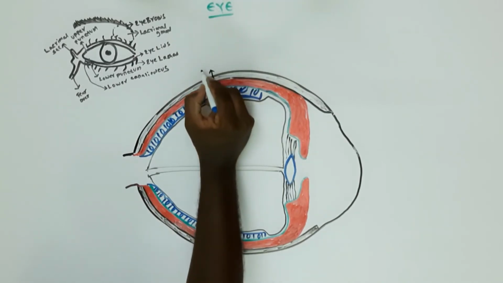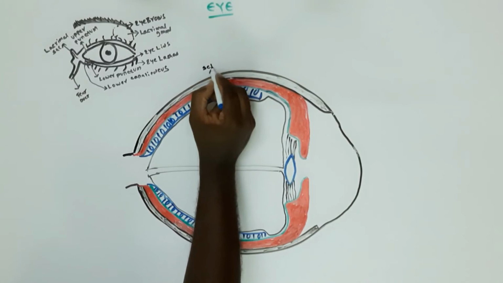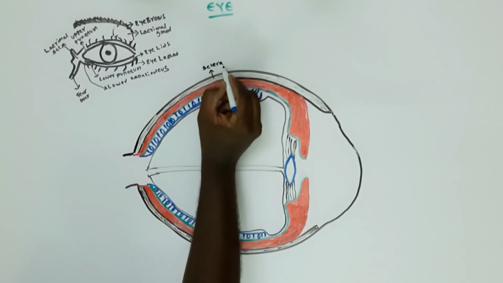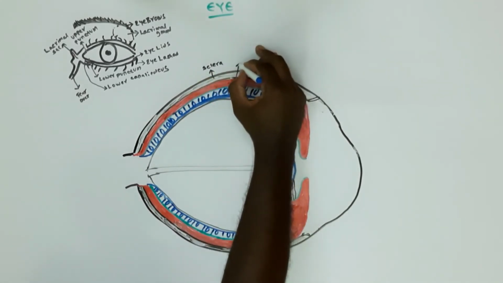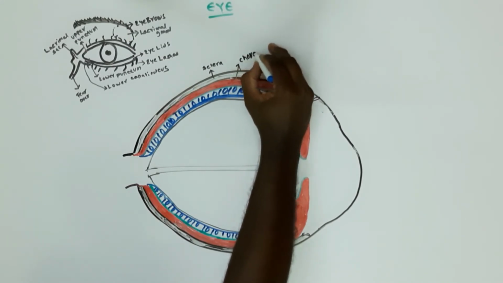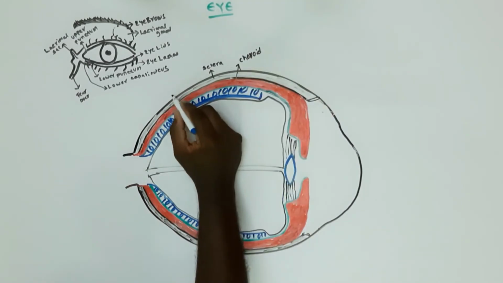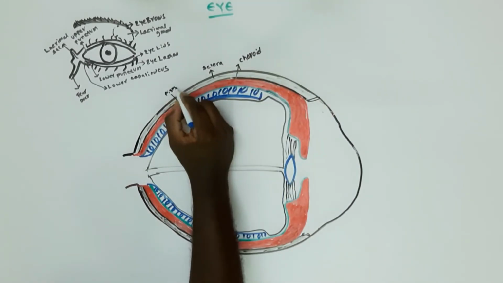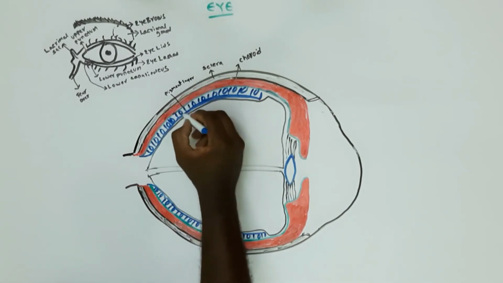The sclera is the white outer layer of the eyeball at the front of the eye. It is continuous with the cornea. Now the middle layer is called the choroid, which is on the posterior surface of the sclera and consists of rich blood vessels. The inner surface of the choroid is attached to the retina, so they nourish the rods and cones.